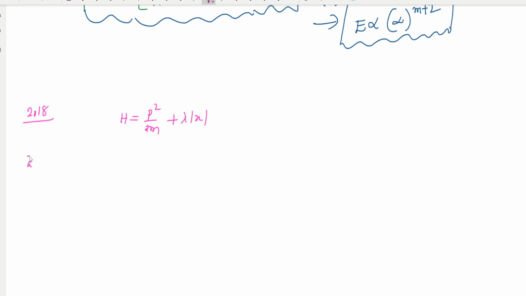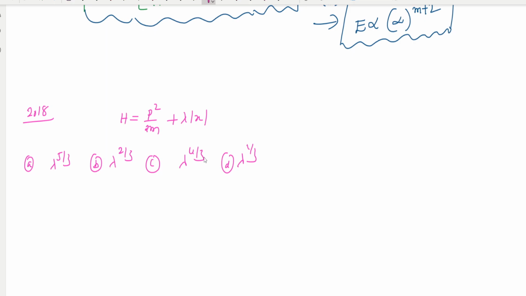They're giving options like this: option A lambda power 5 divided by b, option B lambda power 2 divided by 3, option C lambda power 4 divided by b, option D lambda power 1 divided by. What they are giving exactly,